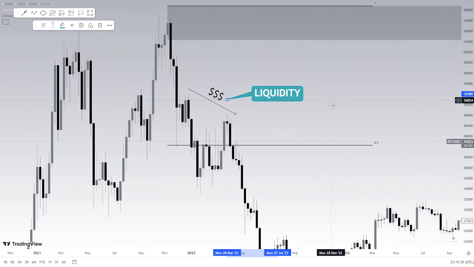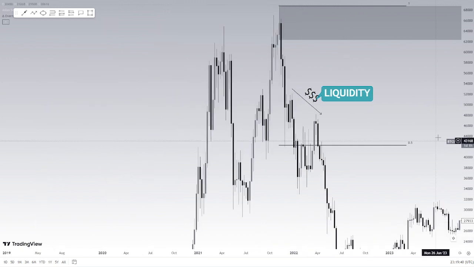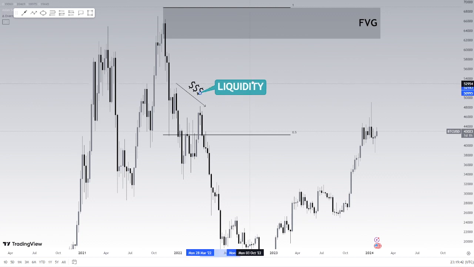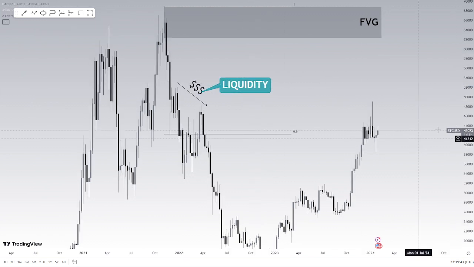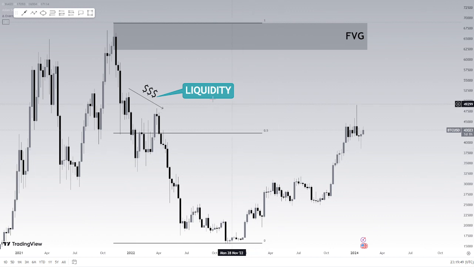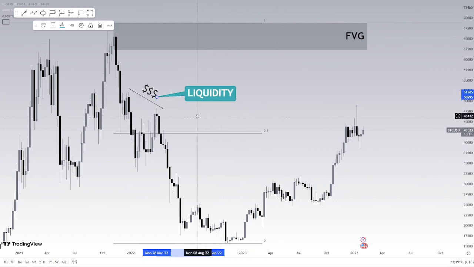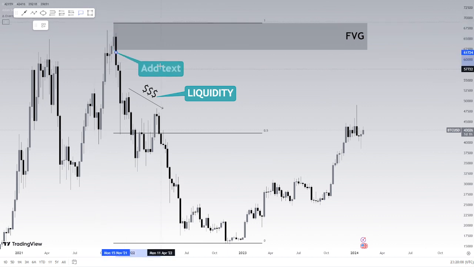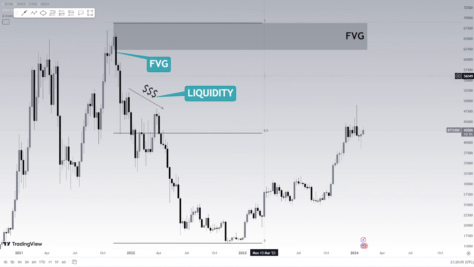So this over here represents liquidity. Now, liquidity, as we know, is something that the markets are attracted to, right? The markets are attracted to liquidity, as well as fair value gaps, as well as fulfilling PD arrays, okay? So this gives us an extra reason for higher prices, because we have a form of liquidity that's been dropped near our POI. We also have, like we previously established, a fair value gap in this region. This is what gives us another reason to look for longs, or look for buys, or be bullish overall on the higher time frame. And of course, we have a premium, right? We have price in deep premium.